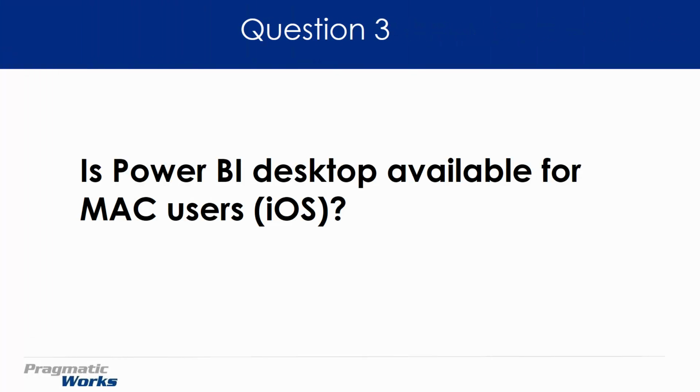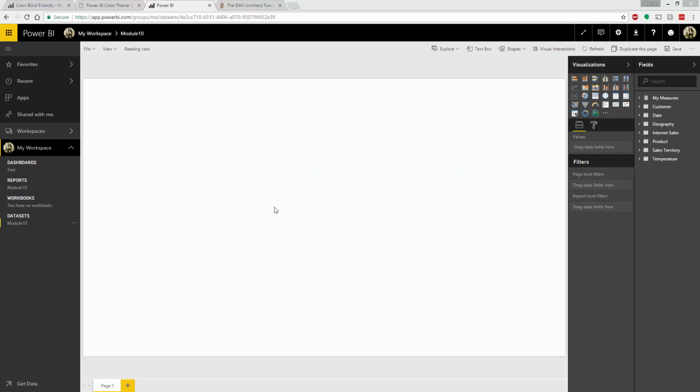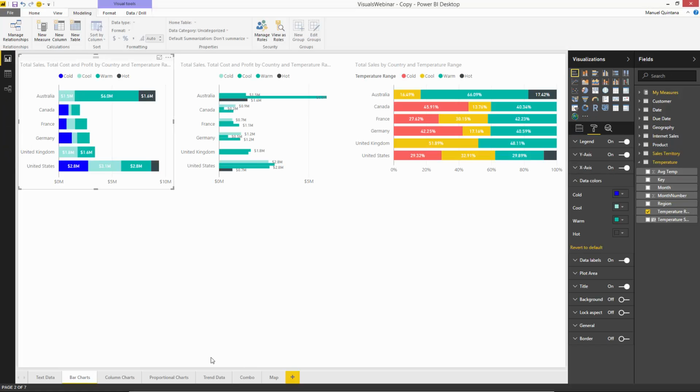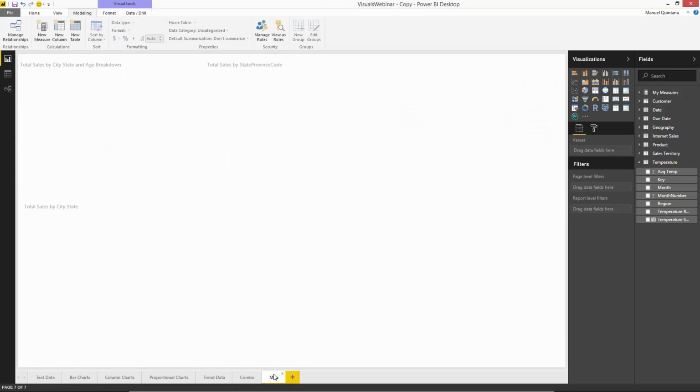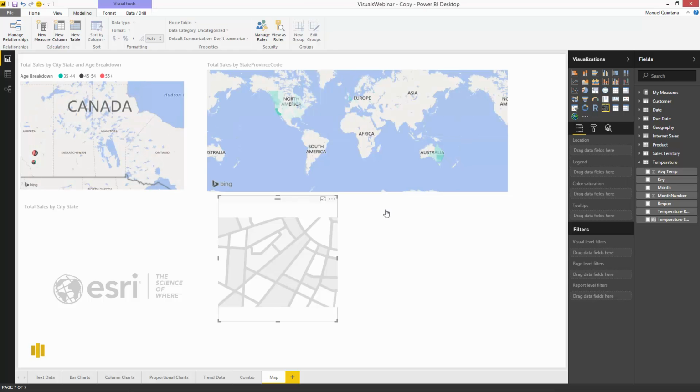The actual literal question here, just in case, was, is this available for Canada? And I assume we're talking about the geographical data. I interpreted this question a couple of different ways, but if we go back to the visual space, where we're looking at maps, there are going to be a couple of choices. One, I did not represent one of the custom maps. This map just here, known as the shape map, I'm going to bring in real quick. When we look at the options here, you have a capability,